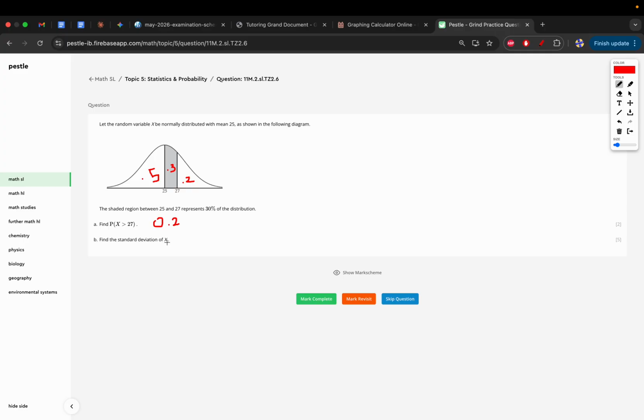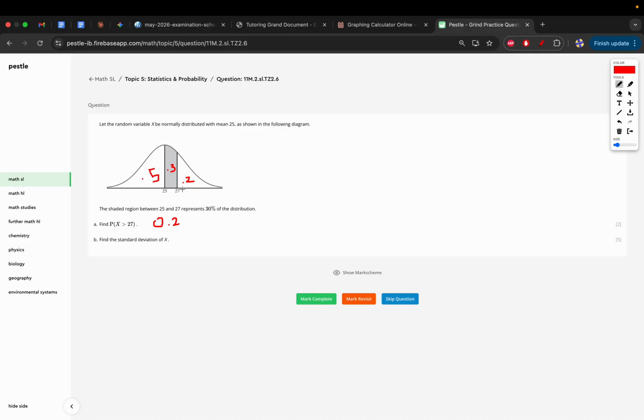Now we're looking for the standard deviation of x. So we do have a mean. We don't have the standard deviation. But we do know exactly a bunch of the area values. So we're going to use the z value, which is going to tell us how many standard deviations 27 is away from 25 to help us solve for the standard deviation. And we can solve for z because we know a lot of the areas. So if you want to set up the equation here, first of all,